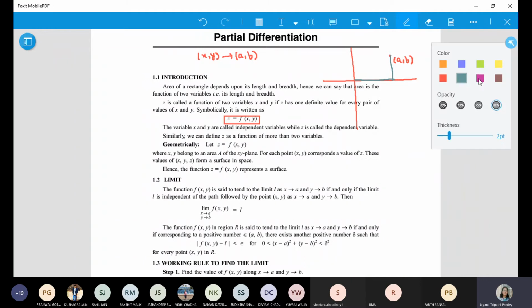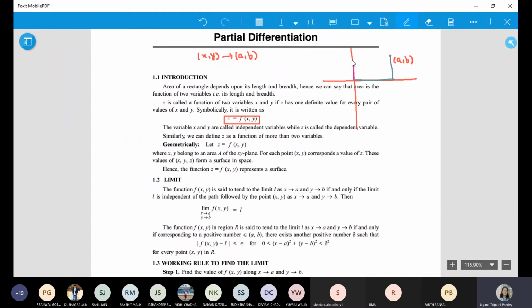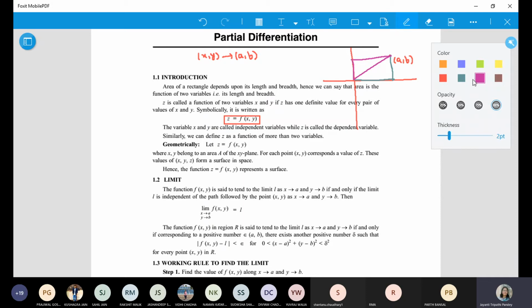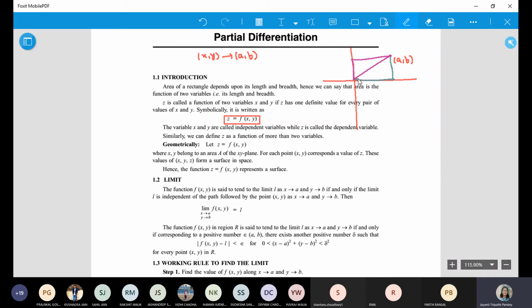Okay. What else can you do? You can start from here and then you can reach from here to here. What you are doing is your xy is approaching a and b. Or you can start from here and reach here. Or you can take some other curve. You can come like this to here. Or you can come like